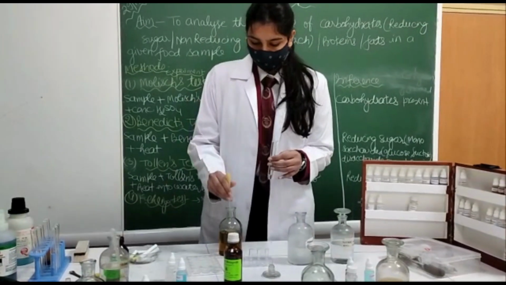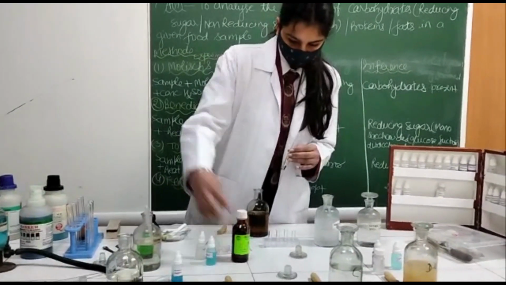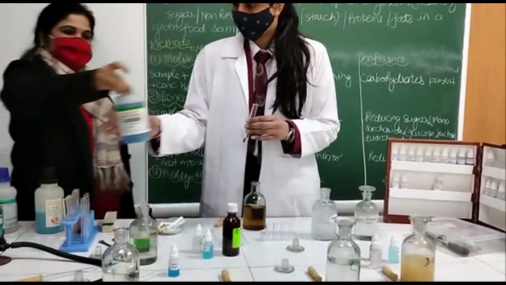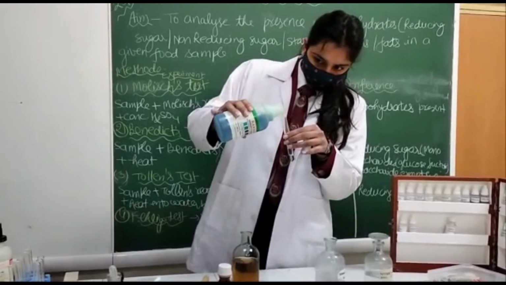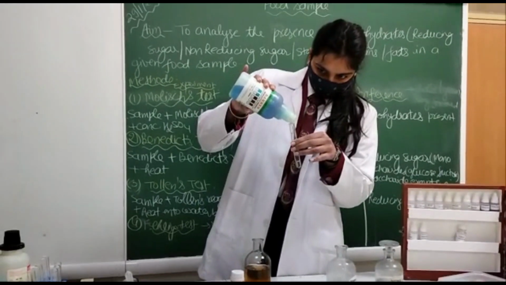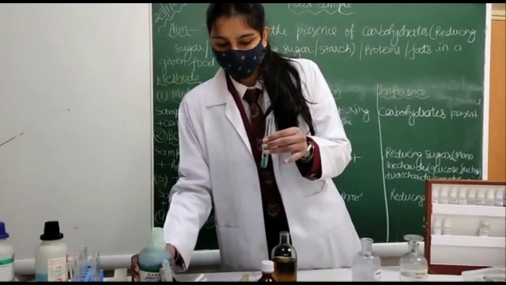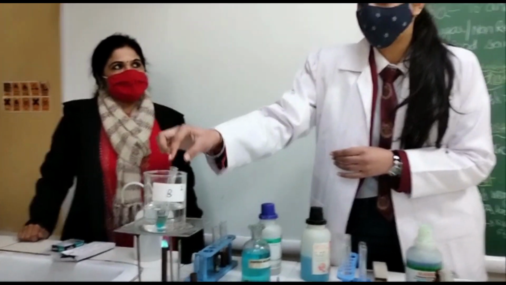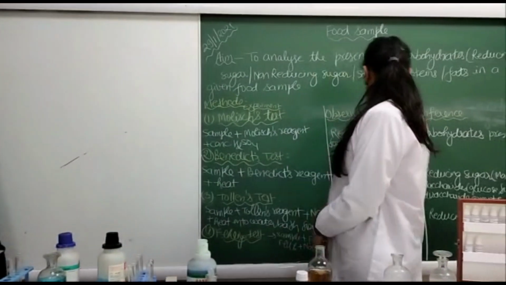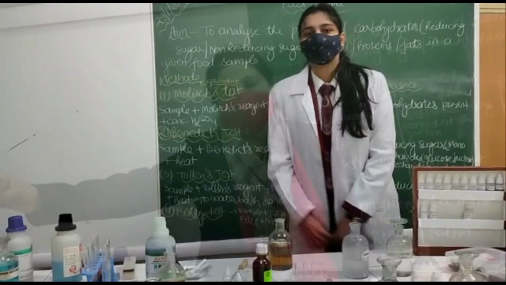First we take the food sample and then we will add the Benedict reagent. Now we will heat it. Put it into a water bath for heating for some time, and now we will see. Heat it for some time. And if a reddish precipitate is observed, then reducing sugar is confirmed. And if you don't get it, then it is non-reducing sugar.